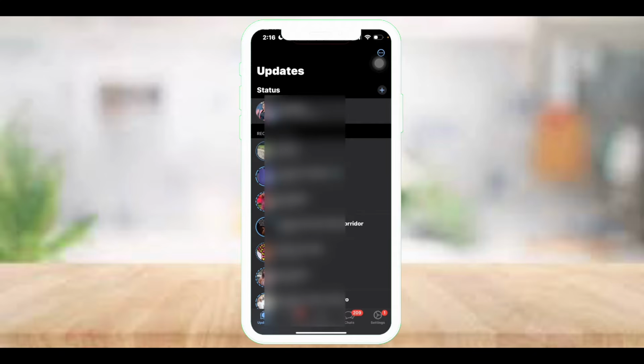mind that you like to view. Someone like me, there are some status I love to view, so I will just search it. So if you still want to search it, it's still possible. All you need to do, you need to do this from the chat area and not from the status area.